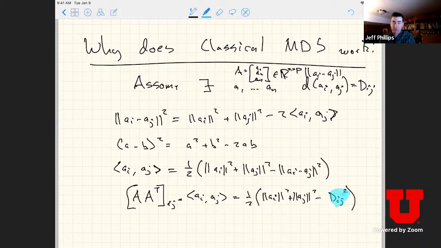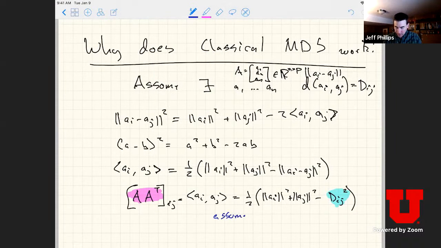This quantity is given to us, and if we have this quantity A transpose, we can do the eigendecomposition and get a projection into a low dimensional space. So if we have A transpose, we know how to use the eigendecomposition, and we have this squared distance. But we have these other terms here. We want to get something like A transpose, but there's one degree of freedom. So the trick is